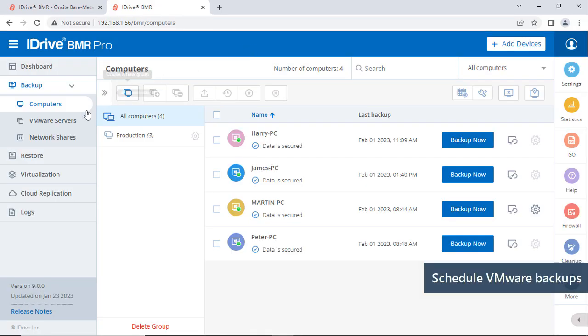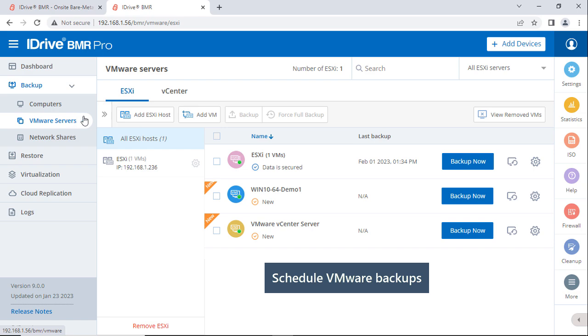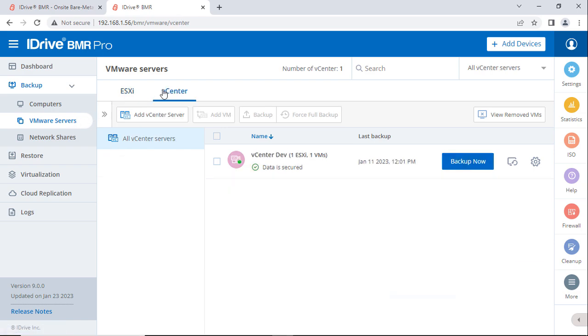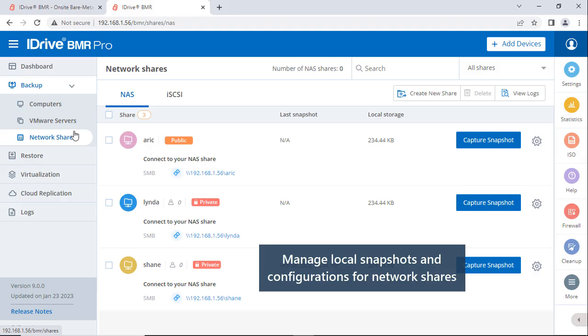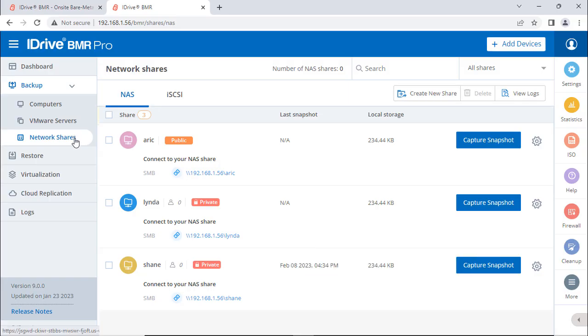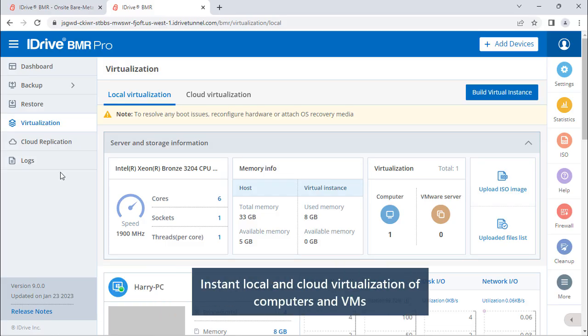Similarly, go to the VMware Servers tab and manage VM backup for the VMs added from your ESXi hosts and vCenter servers. Go to the Network Shares tab to manage local snapshots and configurations of the NAS and iSCSI shares on the iDrive BMR device. Instantly recover protected computers and VMs by creating virtual instances using the recovery points, either on your iDrive BMR device